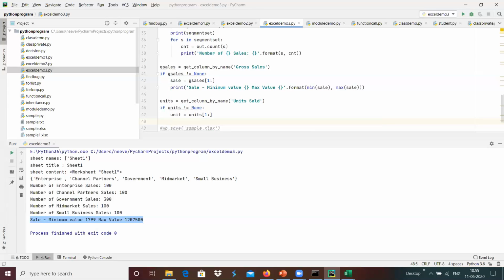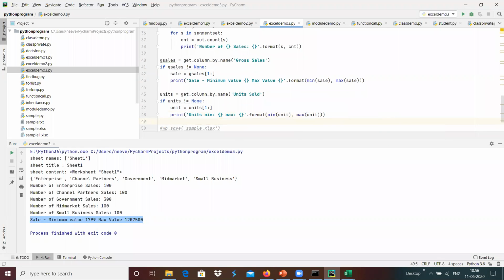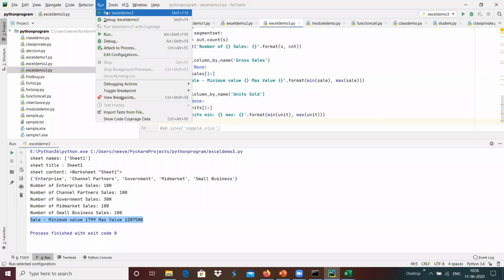And maybe we wanted to use the same print of units minimum and maximum over here, and then dot format of min of unit, and max of unit over here. That provides data analytics, how many minimum units are sold, how many maximum units are sold using this. And I'm going to run this.